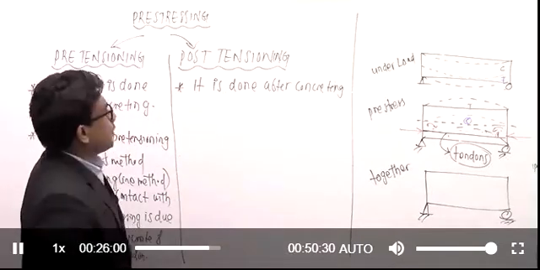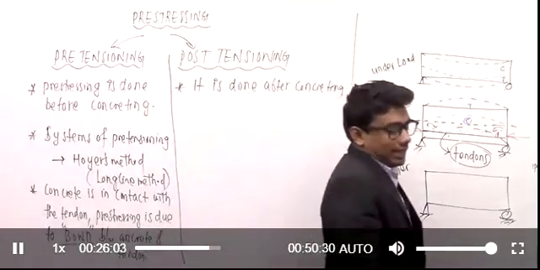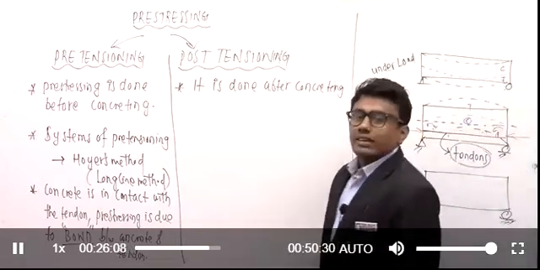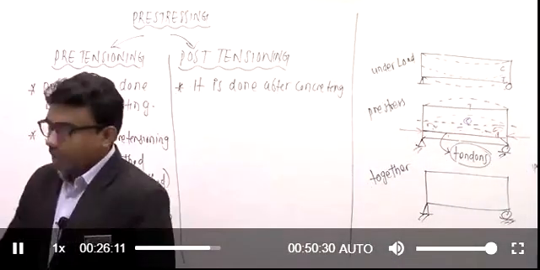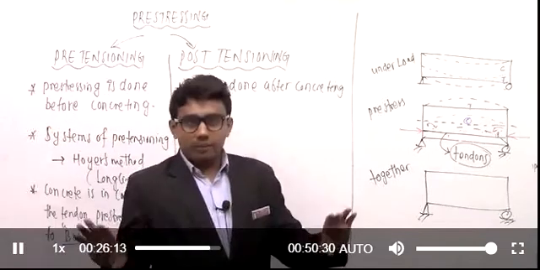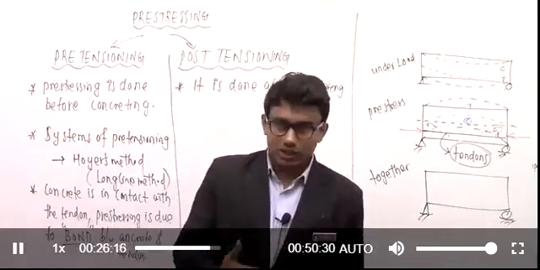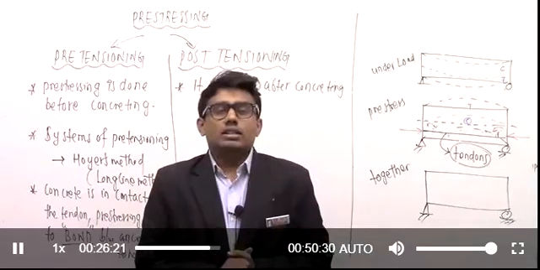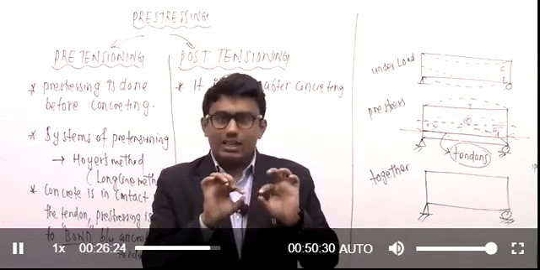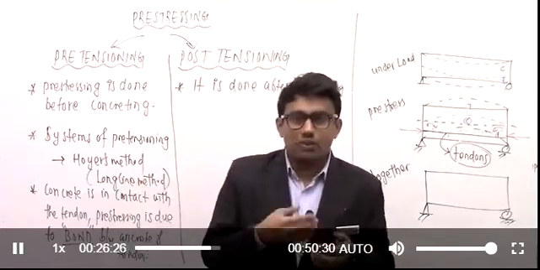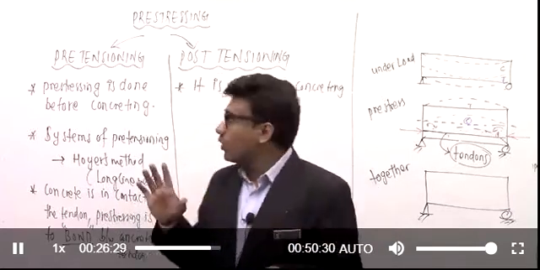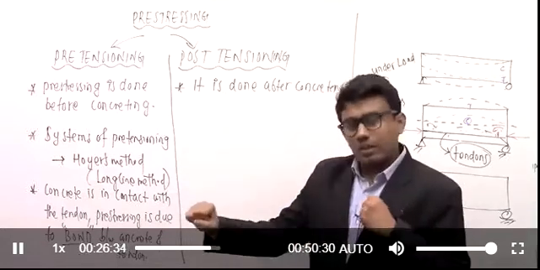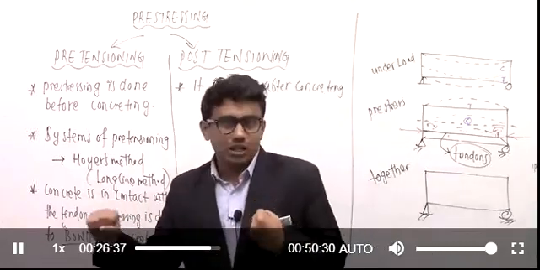And what is there in post-tensioning? You can see there in the PPT. The concrete will be cast first. We'll cast the concrete beam first. Here I want to construct a post-tension concrete beam. Before casting the concrete, we will place one duct inside this concrete. That means after casting, we will provide the reinforcement. That's the meaning of post-tensioning. After the construction of the concrete, we will apply the tension to the tendons.